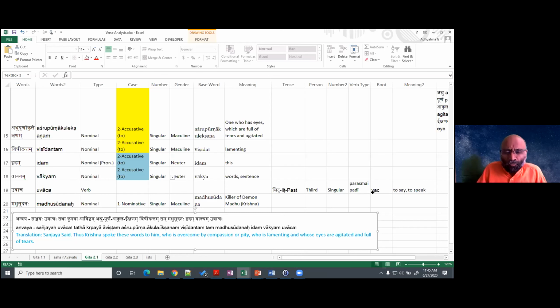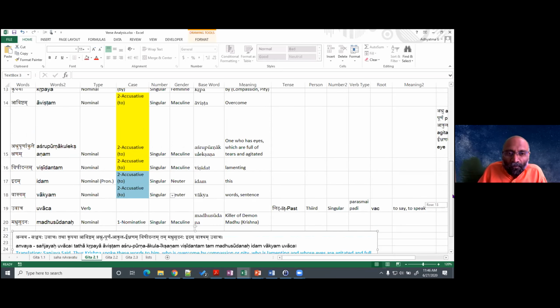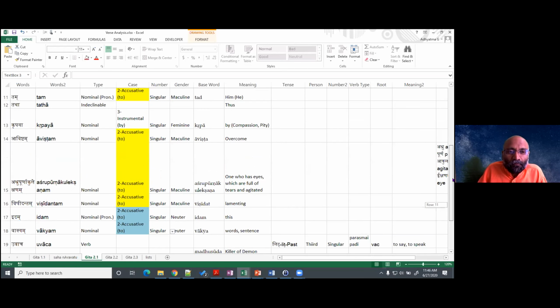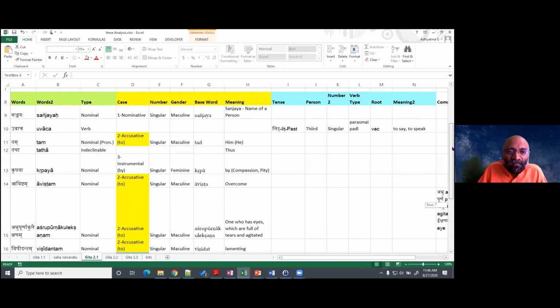A huge number of verses are devoted to his lamentation in the first chapter. And Lord Krishna very calmly listens till Arjuna has said everything he had to say, and then he quietens down. So then the second chapter of the Gita starts, where he is saying that, thus